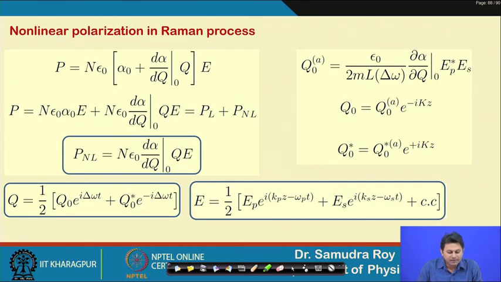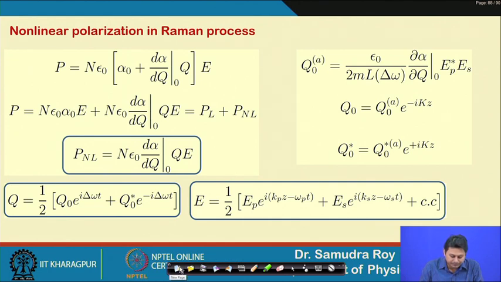The nonlinear polarization of the Raman process we need to calculate, because that is the term which is important in order to understand how the Stokes wave will evolve. In this nonlinear polarization term we have the corresponding source effect, so the source is nothing but the P nonlinear. This calculation was also done in the last class, but to recap, I would like to briefly tell you how these equations come about.